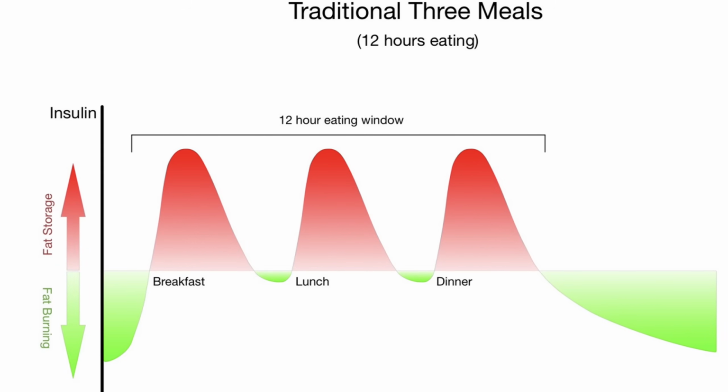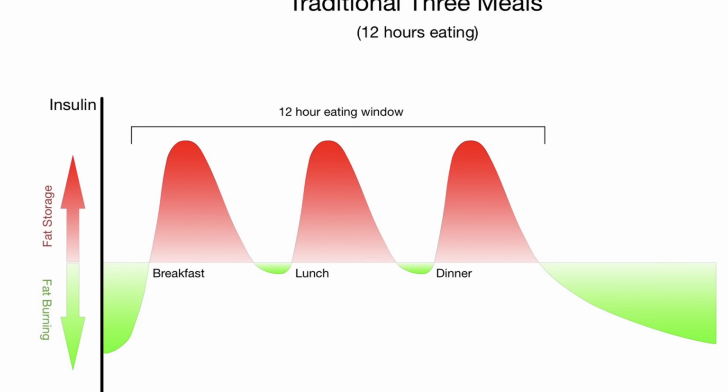Because when insulin is low, this is when insulin sensitivity improves. So if you're constantly eating, and even if you're having snacks that are high in protein and high in fat, even if you're not seeing those big swings in blood sugar, your insulin is still going to be elevated every time you eat to some degree. So you're better off having bigger meals and being really diligent about getting in enough protein and high quality protein,